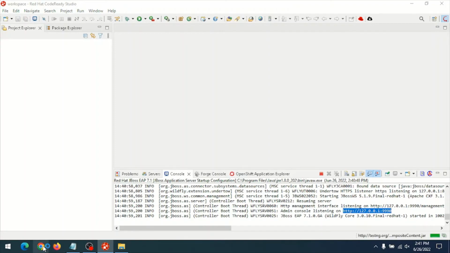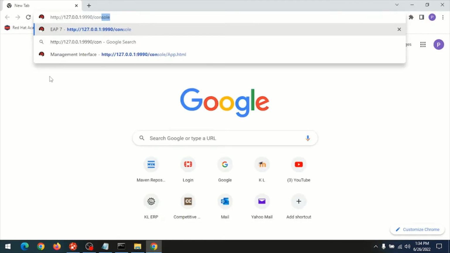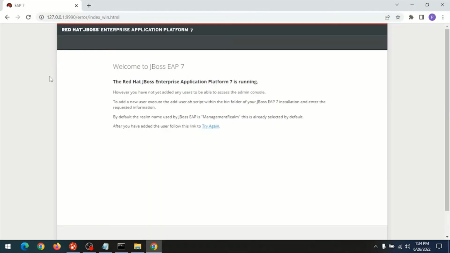and open your browser. So try to open the console. You will get a message like this: the Red Hat JBoss Enterprise Application Platform is running. So it's not opening the management console. To open the management console,